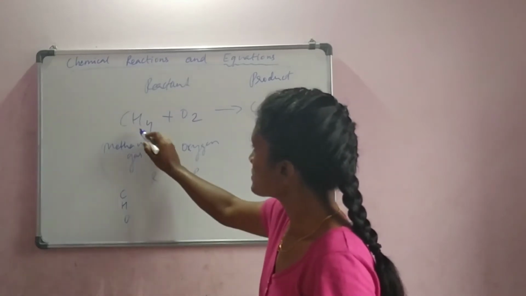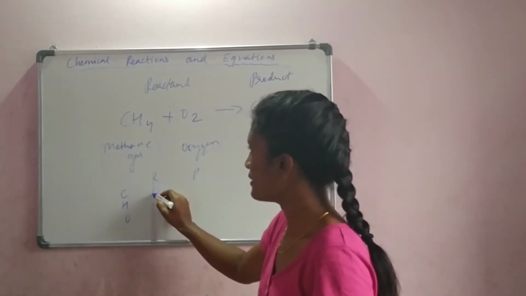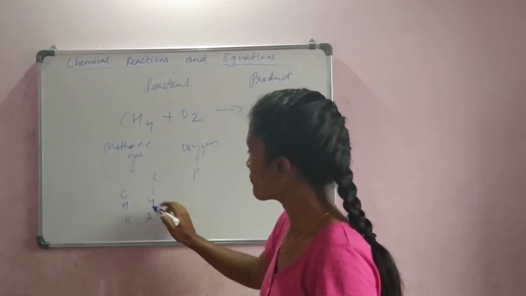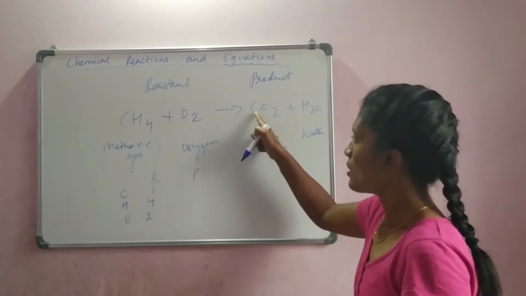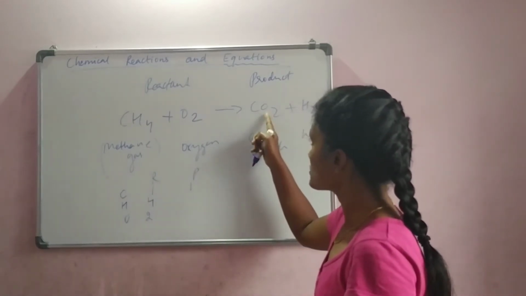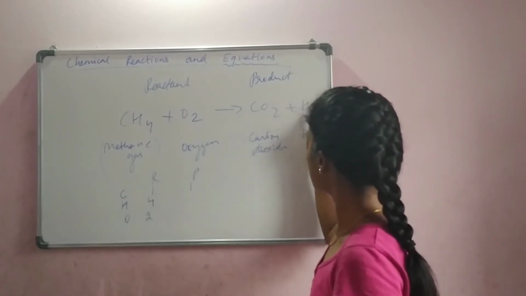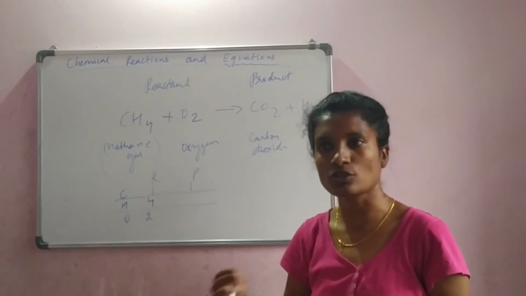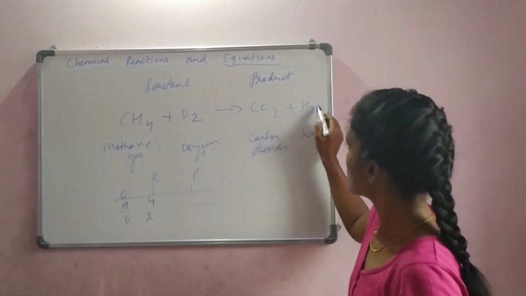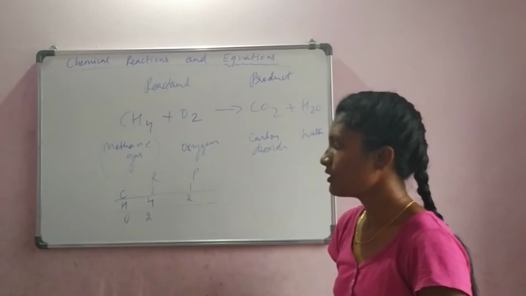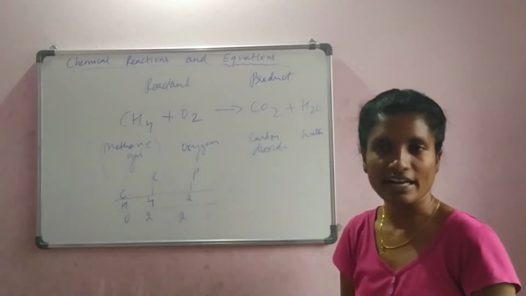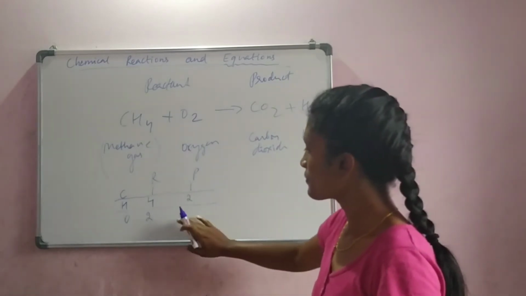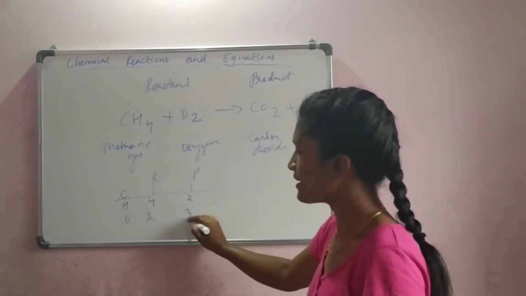Now, reactants: see, there is 1 carbon element. Hydrogen, there are 4. Oxygen, 2. Come to your product side. Carbon, 1. Before oxygen, let us write hydrogen, because I have told you to write it correspondingly so that it will help you to balance the equation. Hydrogen, it is 2. Now, ma'am, oxygen only 2? Don't write that way. We have another oxygen left here. So what you need to do is count together and then write 3.